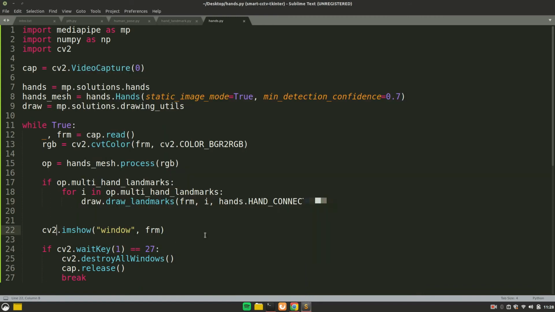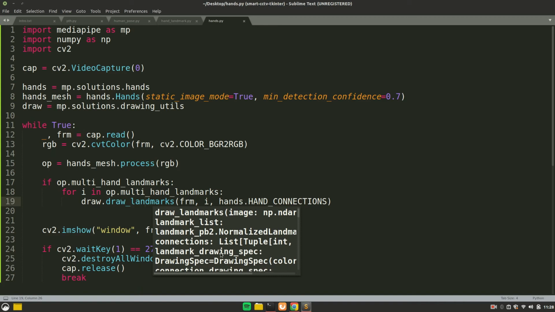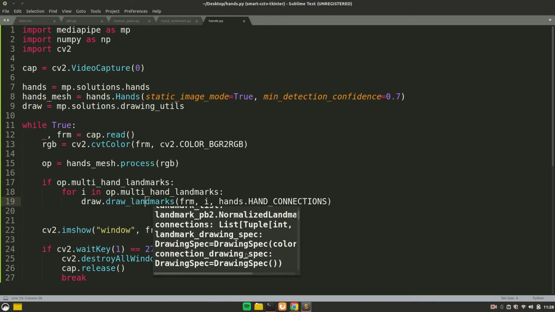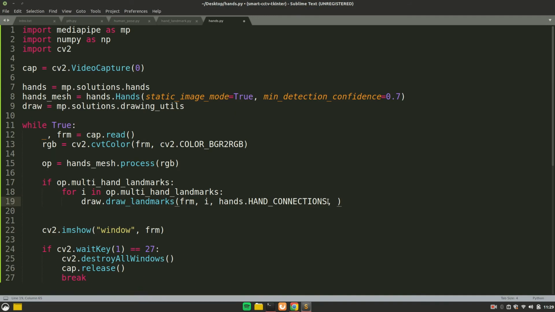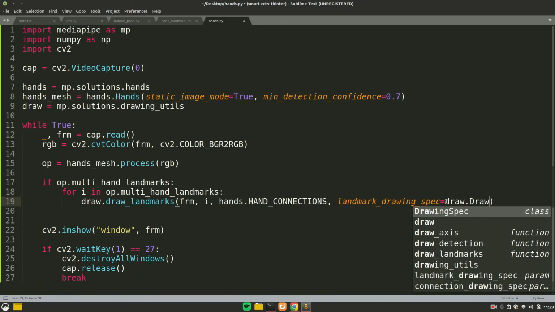Another thing I want to introduce inside this draw landmarks is this landmark drawing spec, and the same as connection drawing spec. Using this you can change the color, the size, and the radius of the circles being drawn on your hands. It is very easy to call. You just have to say landmark drawing spec and use this draw variable which we have already created, and in this there is a class called drawing spec.